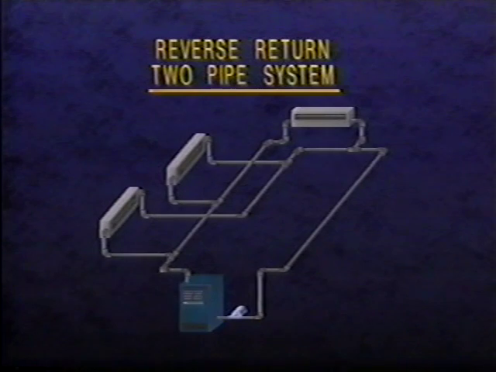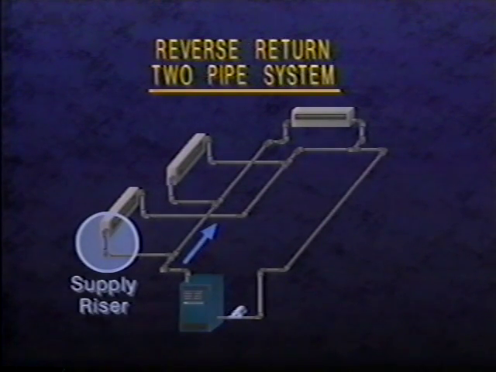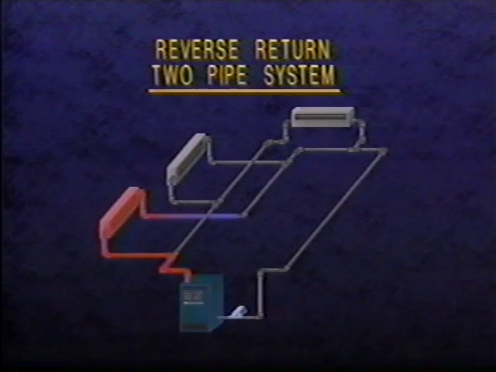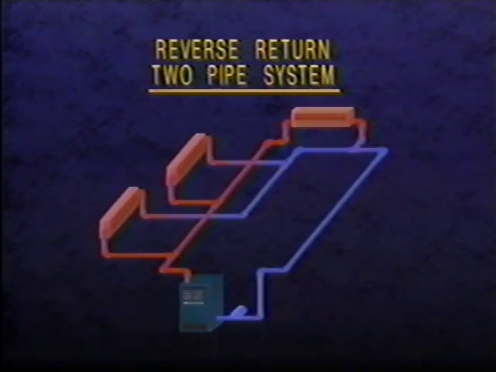In a reverse return two-pipe system, the terminal that is connected first to the supply main is the last terminal connected to the return main. Because of this, the water in a reverse return two-pipe system travels approximately the same distance through each terminal and back to the boiler. This provides for a balanced flow of water through each terminal, allowing for individual control of heat from each terminal without affecting water flow. The reverse return two-pipe system may be found in some residential heating systems and is usually the standard piping system